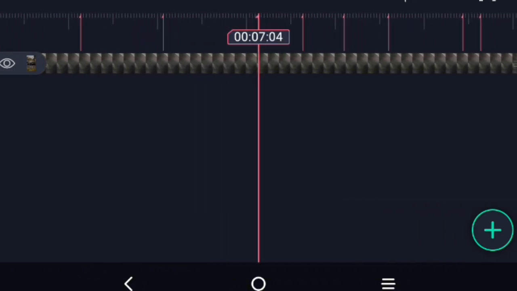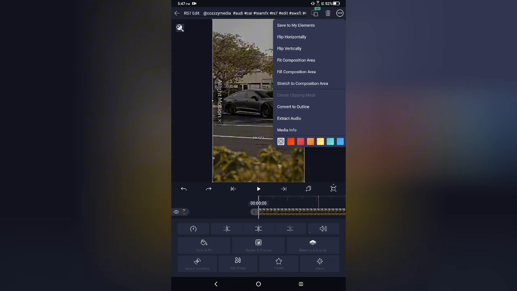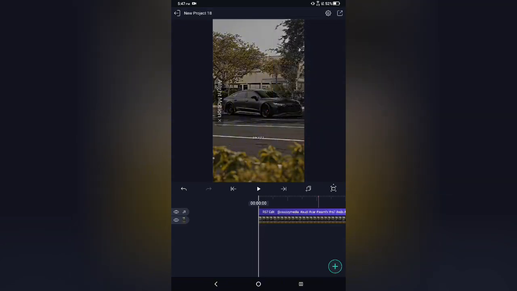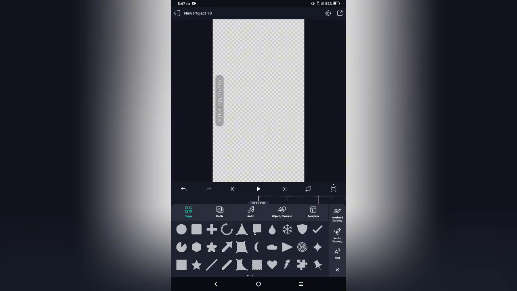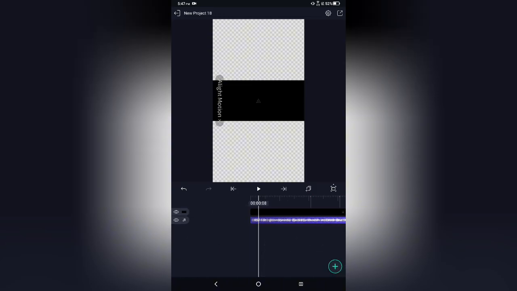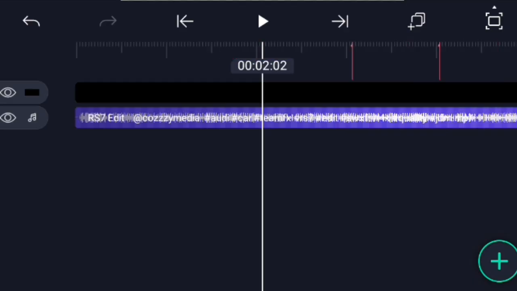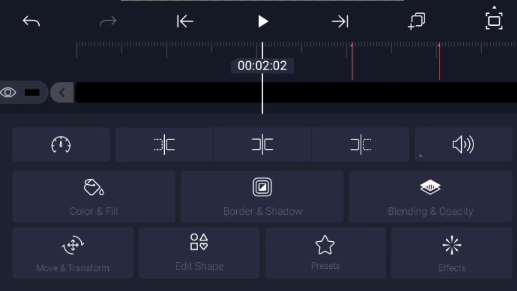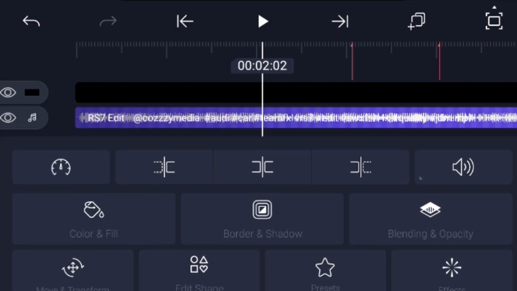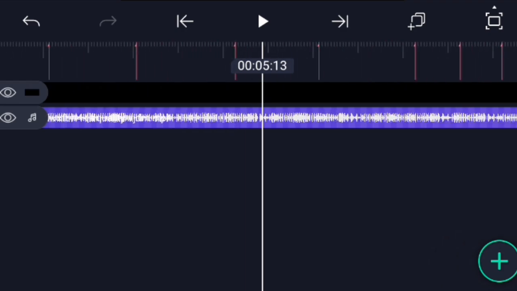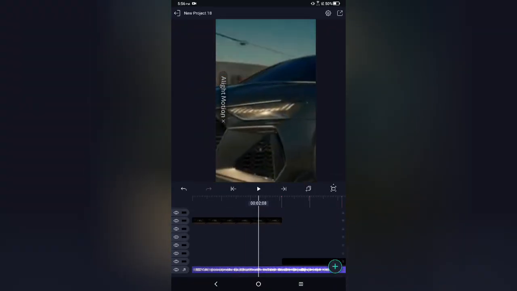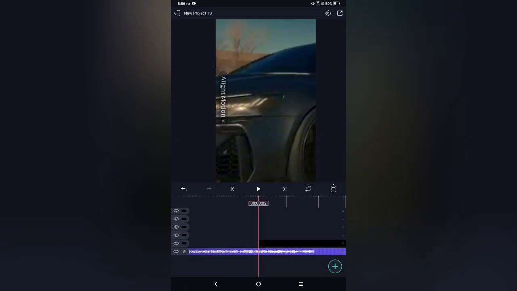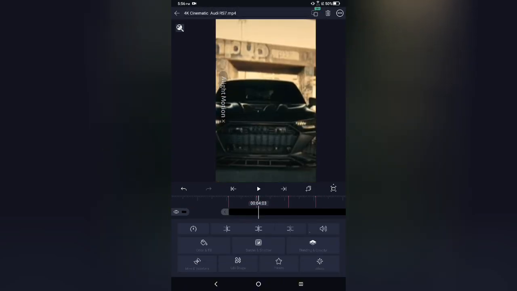After you guys have done that, click on the song and click on extract video, delete the video, and then add your video. And then guys, zoom in and cut the clips. Then guys, after you have set up the clips, come to the first beat where this clip starts